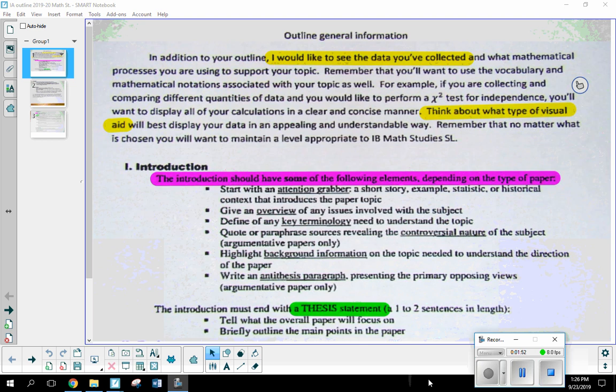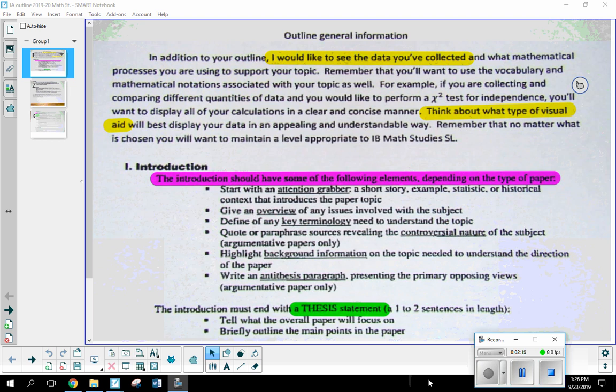But I would like to go ahead and get you thinking about an outline. We're not talking about actually writing the paper just yet. We're talking about just the structure of your paper. What kind of information are you thinking about putting into it? Hopefully by this point you've already started collecting data. Maybe not if you're doing your own experiment, but definitely if you're going to be using an online source. Hopefully you've already got that. But I just want to go ahead and point a few things out to you here.